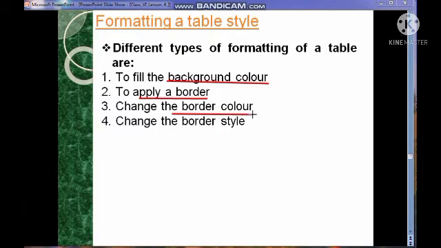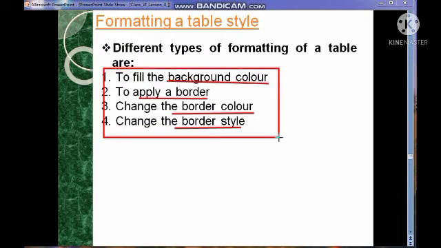We can change the border color and the border style also, and we can insert different colors in the background, as I told you all. There are other types of formatting also, but these are the most important formatting of the table. Okay, so I hope you all understood each and every point very well.